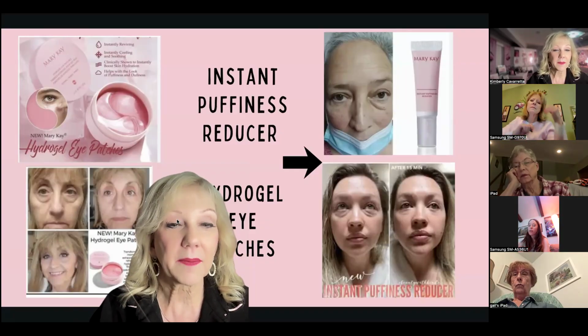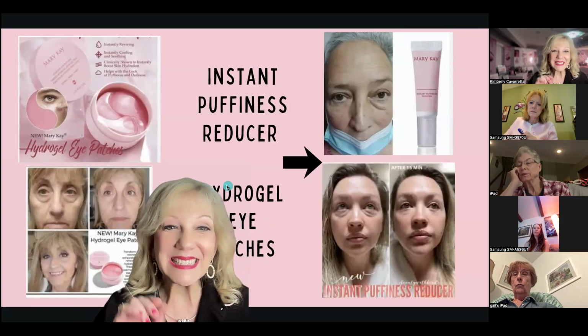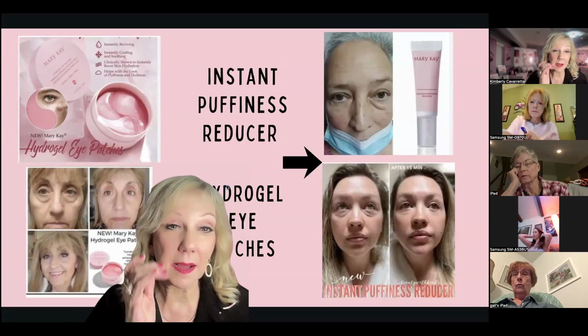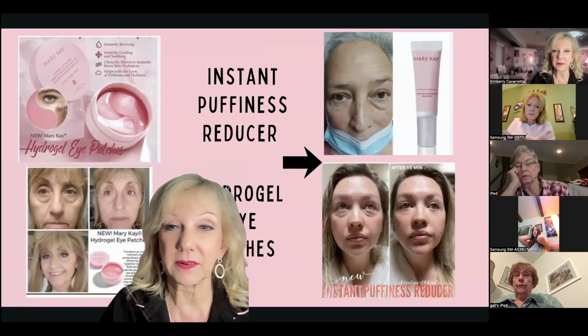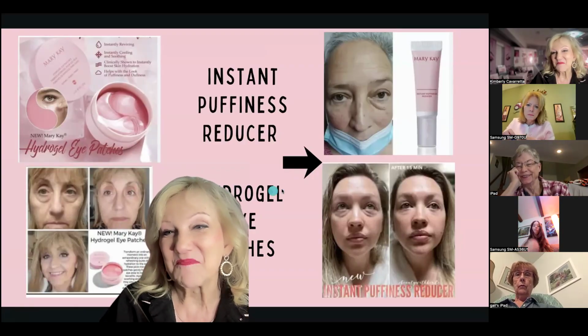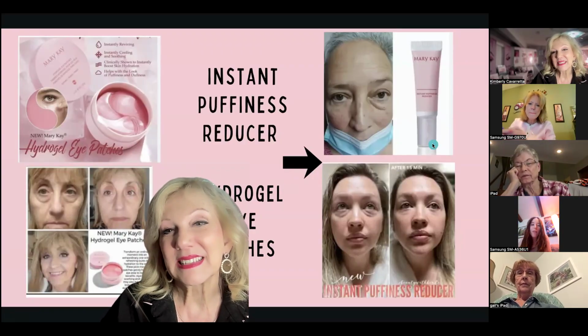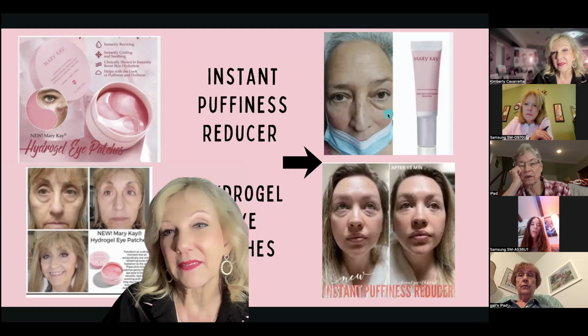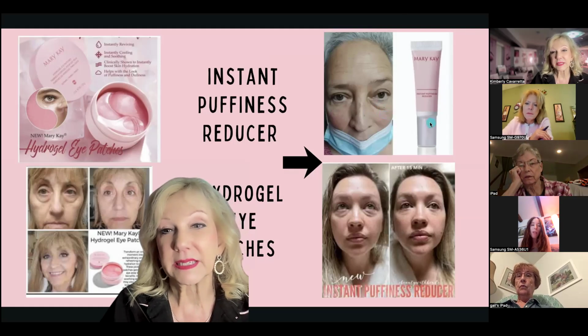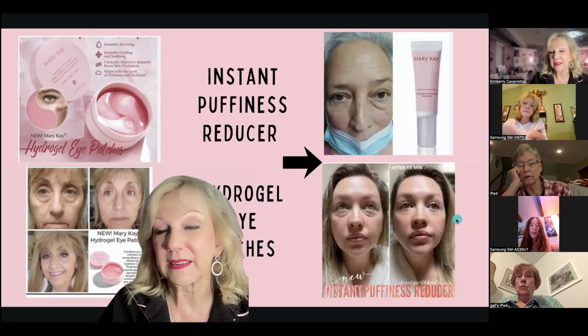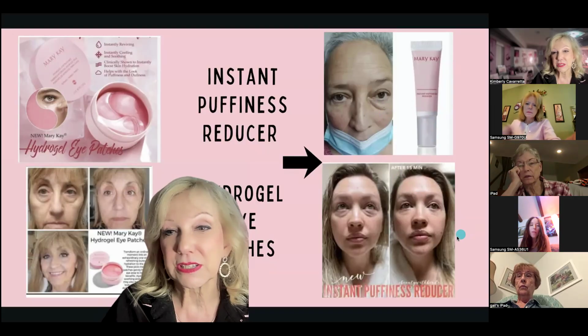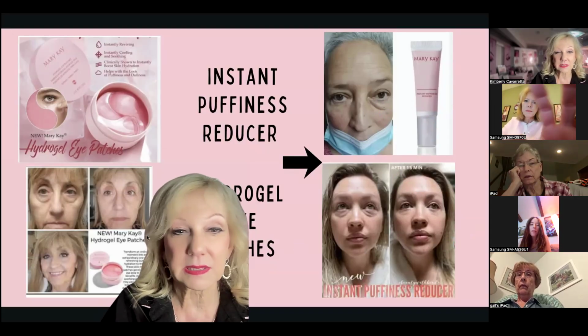Okay. And then this is our instant puffiness. Right here on the, well, I don't know, it's my right. I don't know what it is if it's yours. But anyway, you could see she did it on one eye and not the other. So if you wake up and you've got that puffiness, this is really cool. It just takes a little pea size, and you can see Rachel, my friend here, the difference in her. She's a young mom with kids that don't sleep.